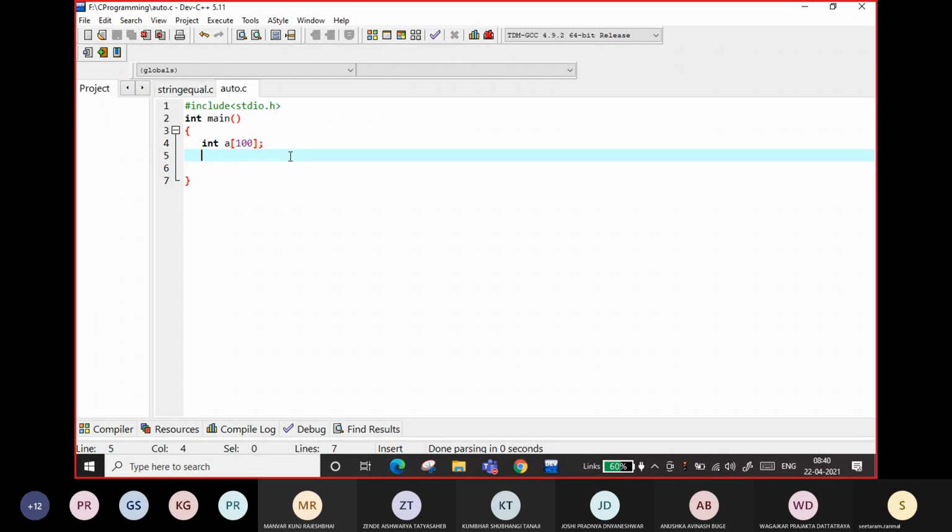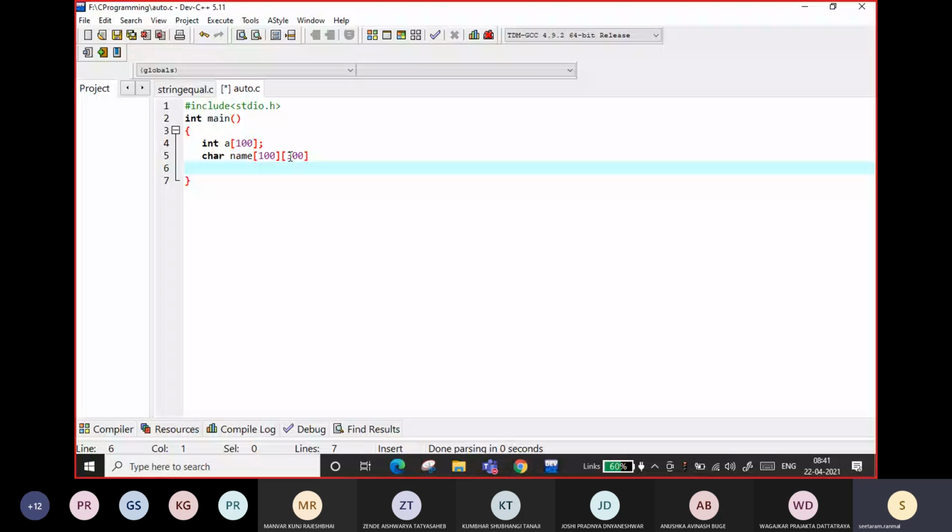So in that case, with the data types we have seen, I will take a character array of names, for suppose 100 students, and I will take a two-dimensional array so that each will have 300 characters.